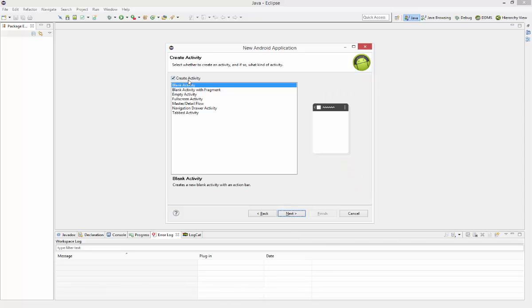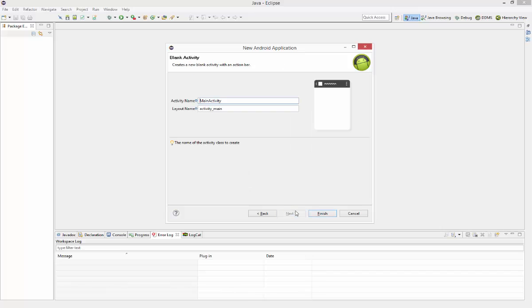So you click next, and then you create an activity, and it's a blank activity. Now again, this is just a bad idea, so I'm going to finish this, but I'm going to immediately delete it once I'm done. So I create my terrible idea,